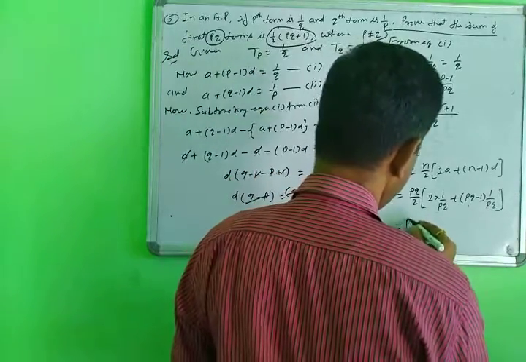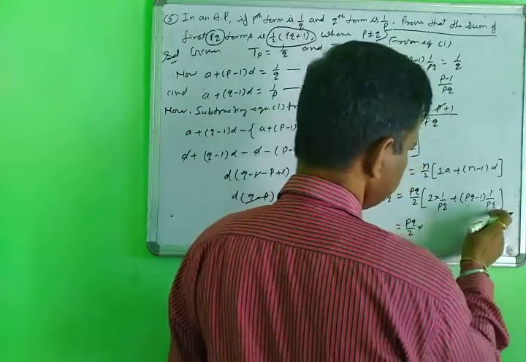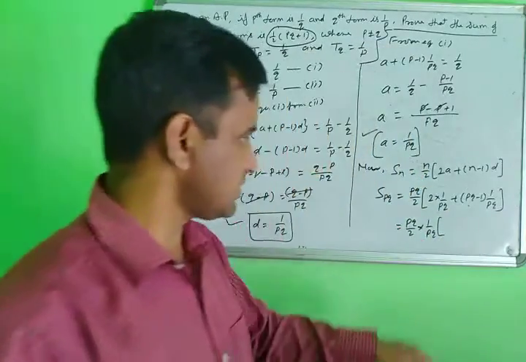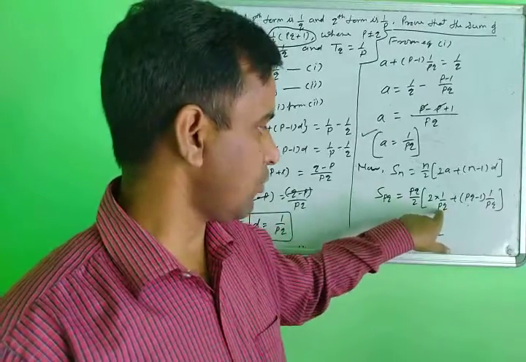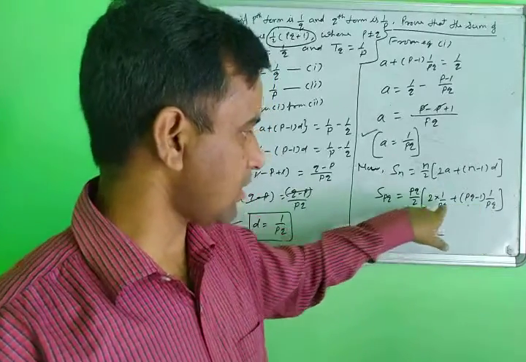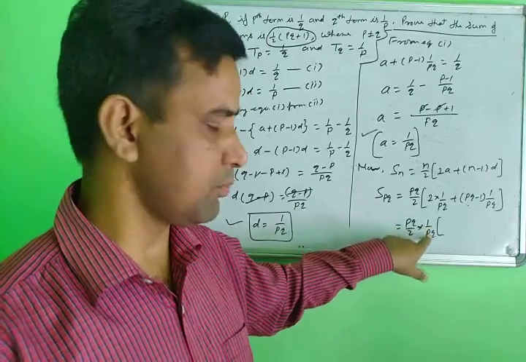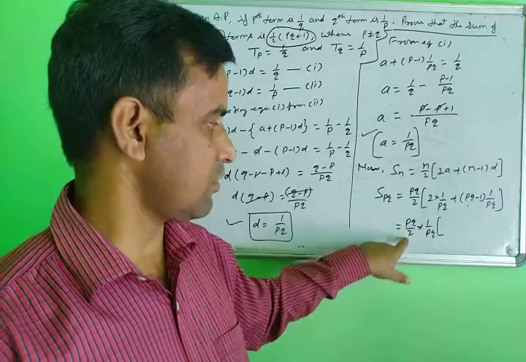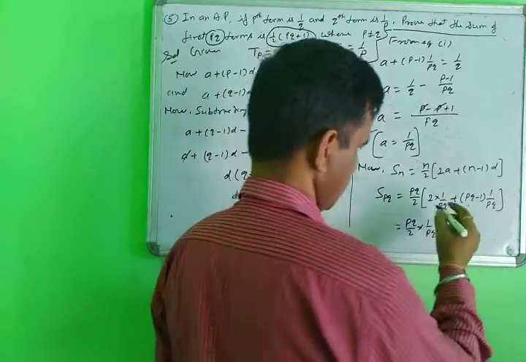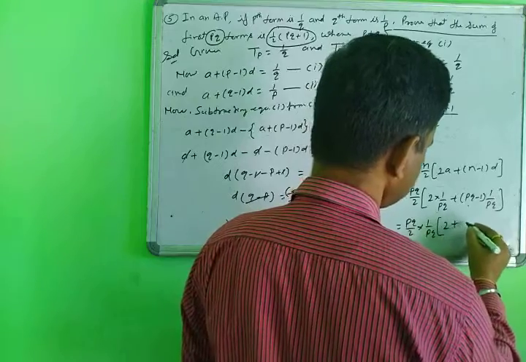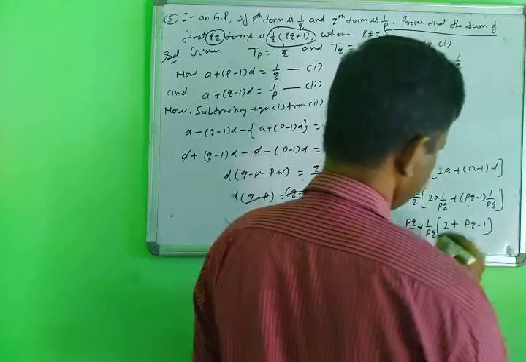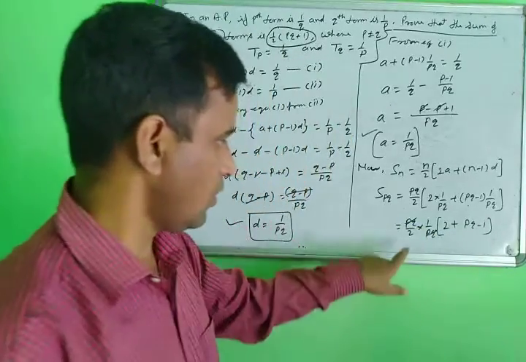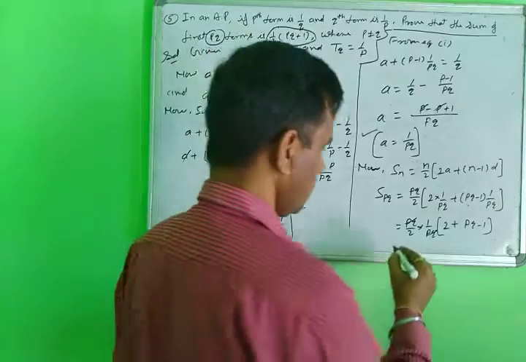So now pq upon 2, and taking common again, because this is the first term and this is the second term, 1 upon pq is in both terms. So you take out 1 upon pq common from the first and second terms, and there you are left with 2 plus pq minus 1. You have left only this. So this pq will be cancelled here. What is left here? 1 by 2.